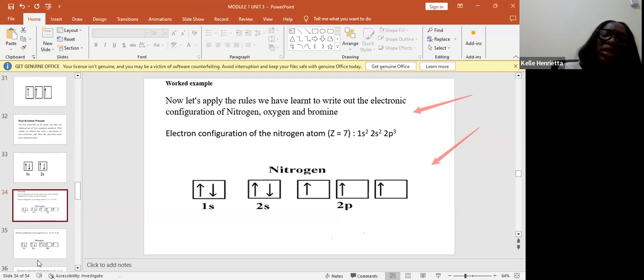So if we have to write the electronic distribution, we begin with Aufbau's rule. Let me see if I can write somewhere here. Now, Aufbau's principle says to arrange in order of increasing energy. It means you begin with the lowest energy. And remember that